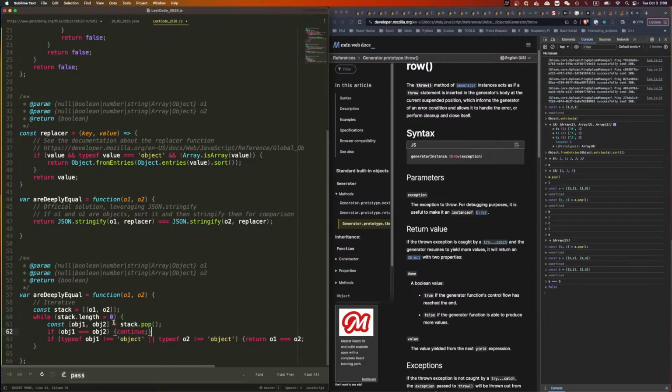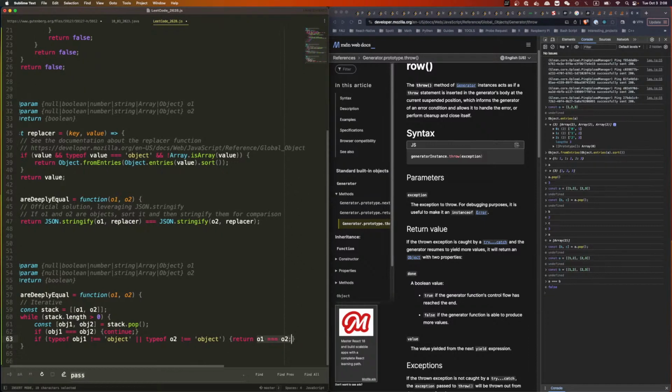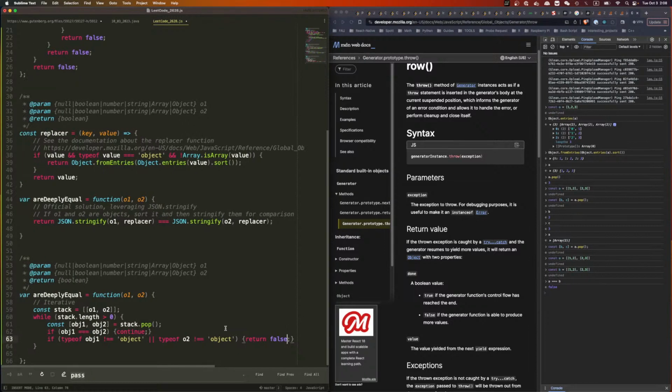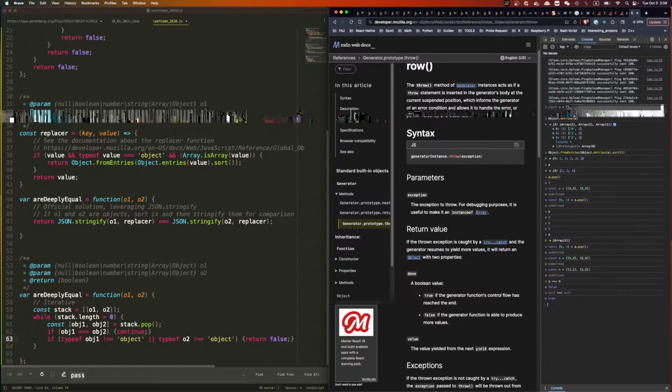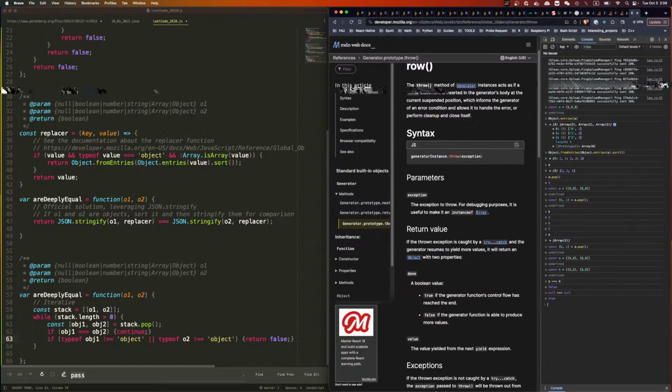So both can be an object. But say if one of them is not an object, in this case I should just return false, right? One of them is not an object, should return false. Oh, I think this is to handle null equals null is true. This handles null. So if one of them is not an object,